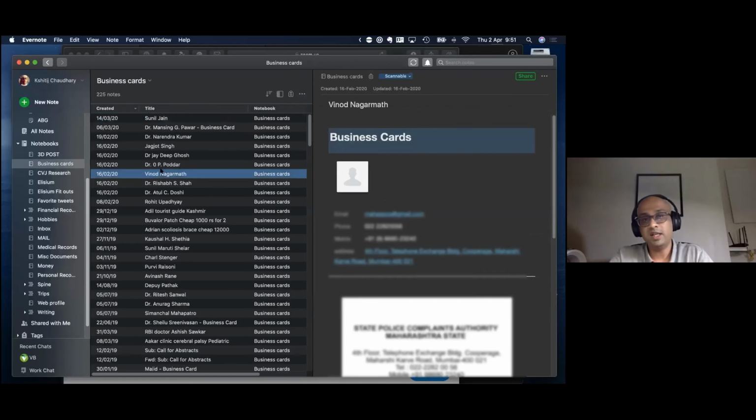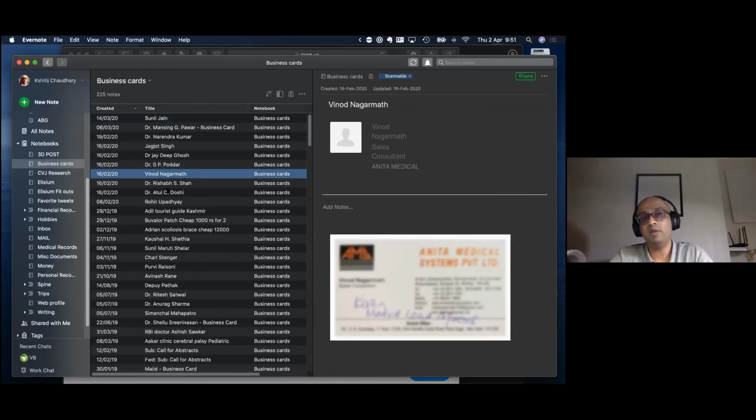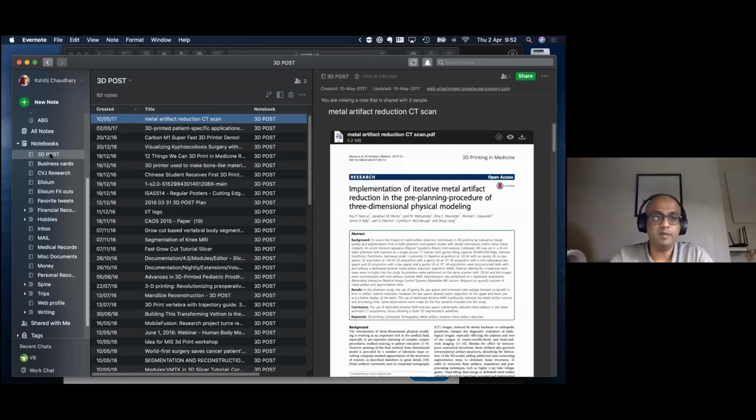This is my folder which has all my business cards. If I take a photograph, I throw the business card immediately, and the business card goes here. And this is a post about 3D printing that I share with Vaibhav Bagaria. So just to give you an idea what my Evernote contains, your Evernote may contain something else. It's up to you.